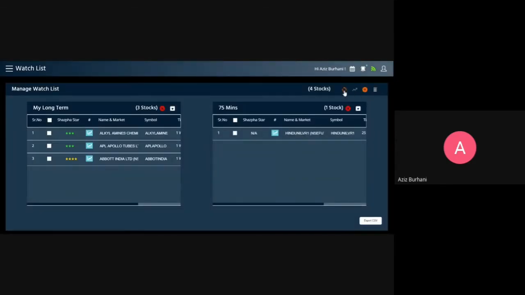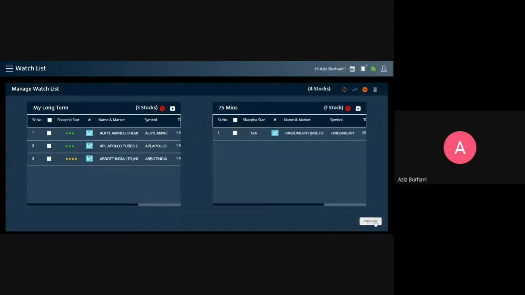If you have multiple watch lists, and if you are opening multiple charts from here, a good thing to do is you should refresh. Just in case there are some charts which have not refreshed, then they will get refreshed. Because you have multiple charts with multiple time frames, there may be EOD charts, there may be weekly charts, there may be intraday charts. What you need to do is refresh, and once you refresh, all the charts will get refreshed, and then you can open those charts.